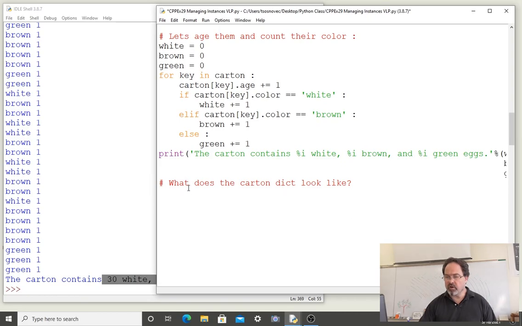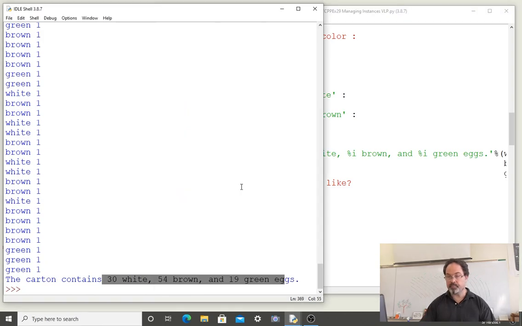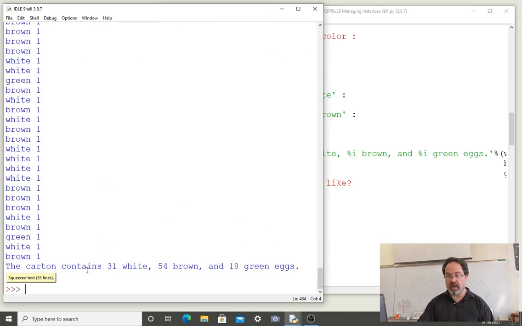So what does the carton dictionary look like? We can print the thing. Very straightforward. And run. We have a different count of eggs, and in my version of IDLE with my interface, it says that it's squeezed 83 lines of text together and it's not displaying it. So it doesn't display automatically in this version of IDLE with my operating system, but if I click,